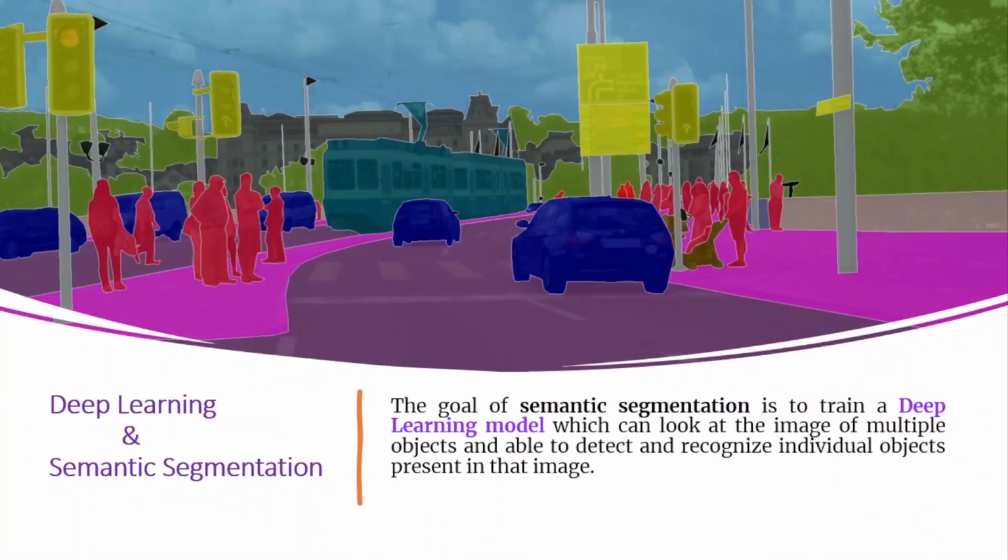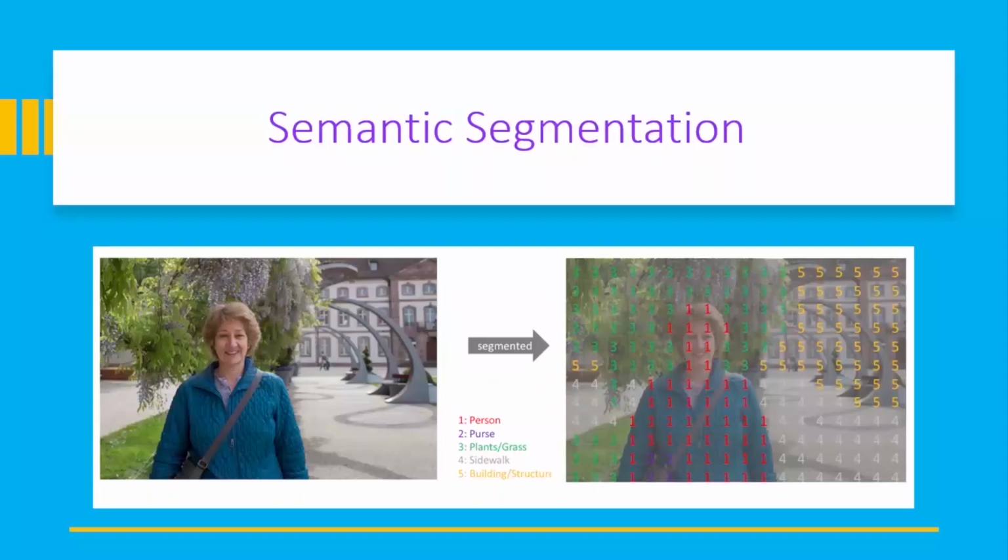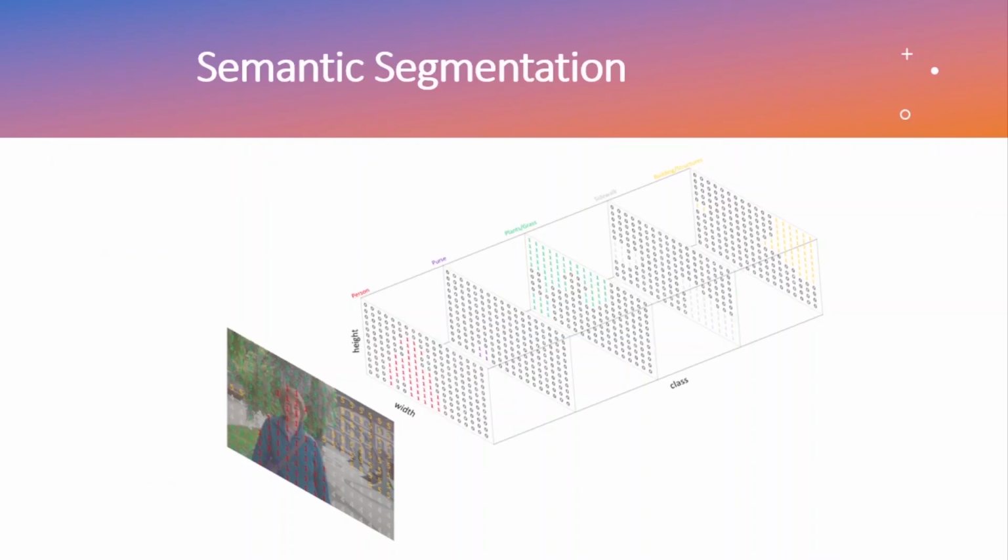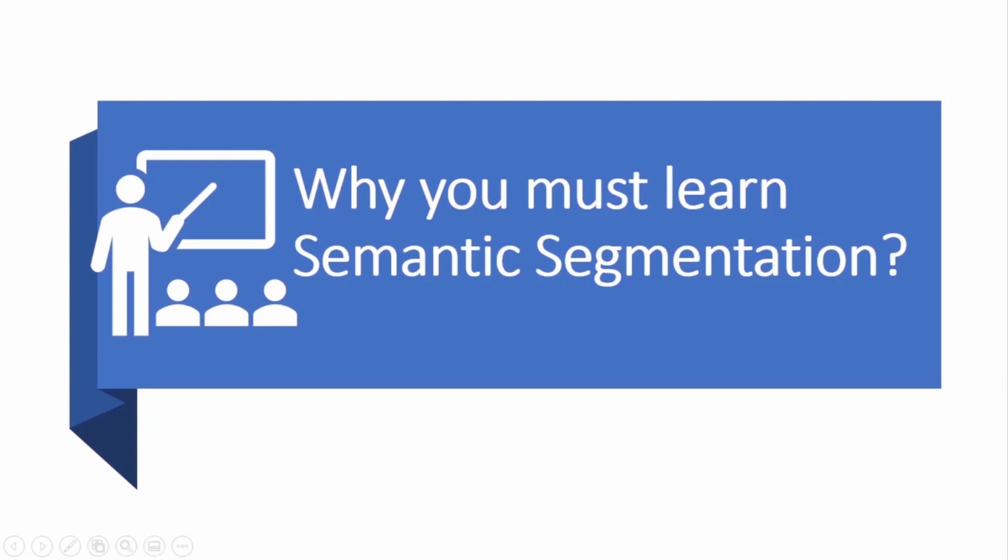Deep learning is one of the most effective approaches to semantic segmentation, which involves training a neural network to learn complex relationships between pixels and to learn rich feature representations. Semantic segmentation is a computer vision task that involves classifying every pixel in an image. The aim of semantic segmentation is to assign a semantic label to each object in an image. If you are a deep learning enthusiast, you must learn semantic segmentation because of its wide range of potential applications